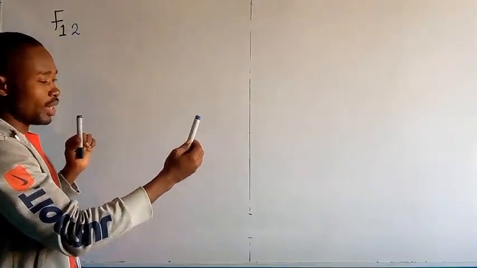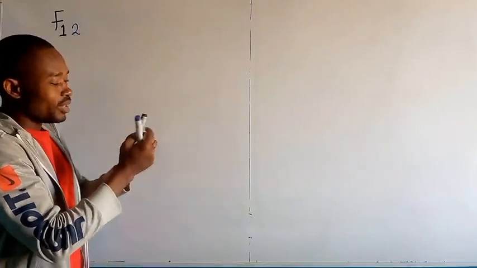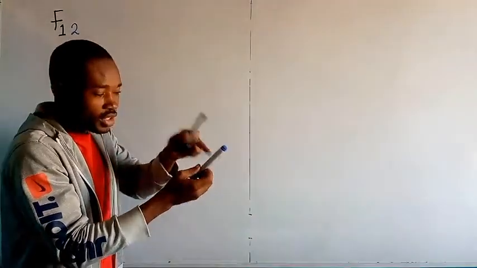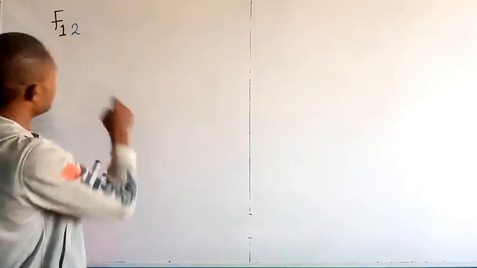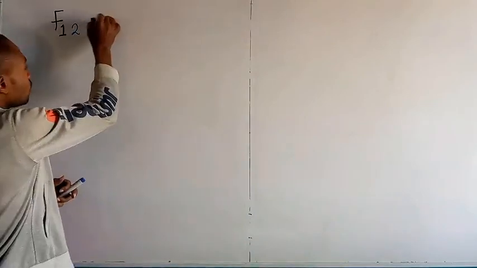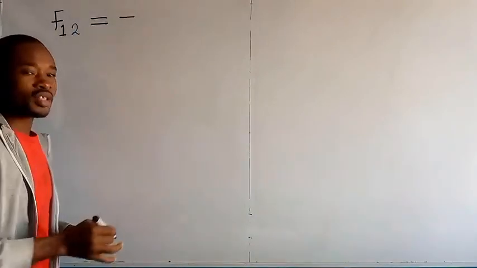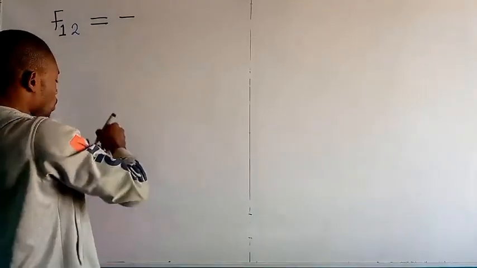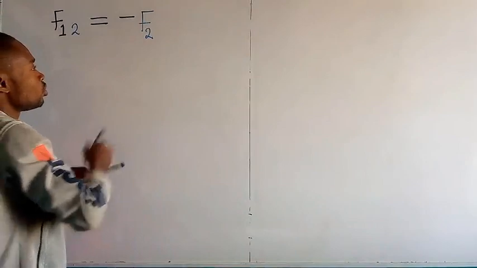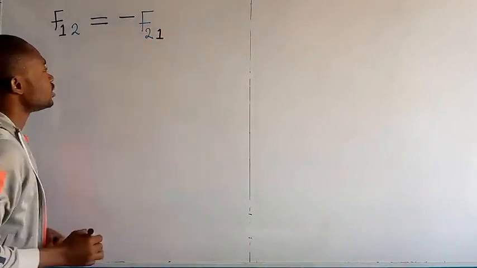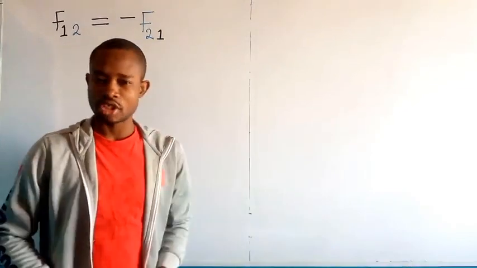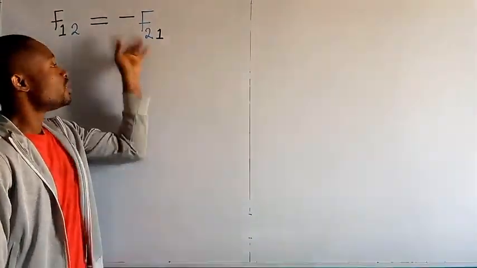So if you have this object coming with its force, now the force that this black marker, for example, exerted on this blue marker, let's say F12, that is force 1 on object 2, will be equal but opposite. I'm going to use a negative to show that it is opposite. It will be equal but opposite to the force that object 2 will exert on object 1. That is the whole concept of Newton's third law of motion when we express it mathematically using the concept of